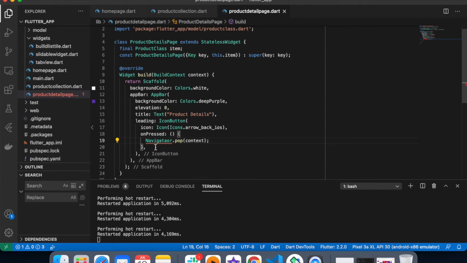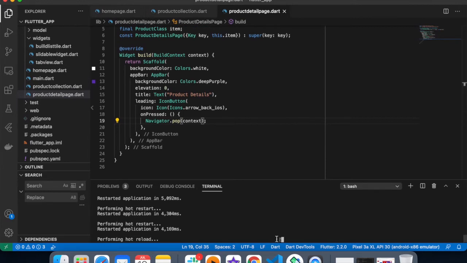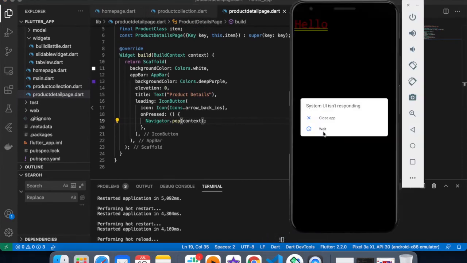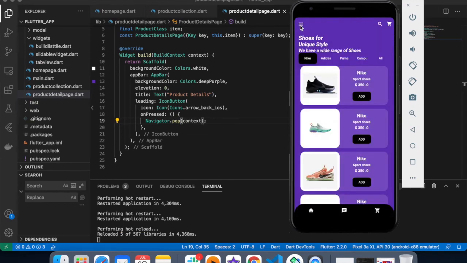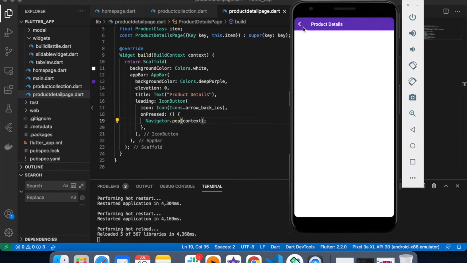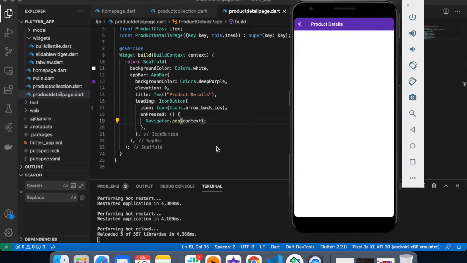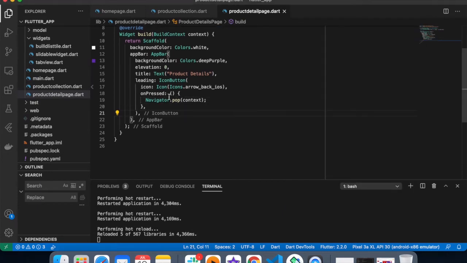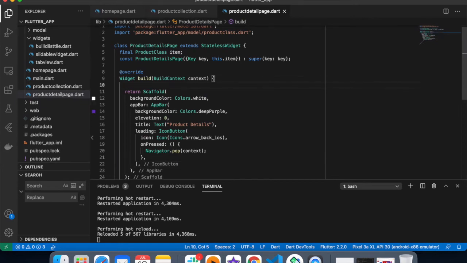Navigator. Okay, fine. So now if I refresh it, it gives me one back icon, through which if I click on this, it will move me to the back of the page. Perfect. Let's design it, and let me define the size of width.